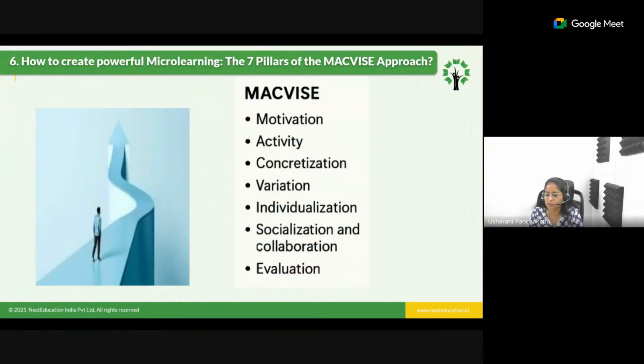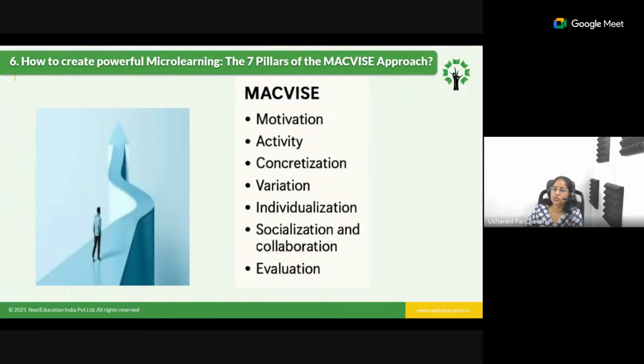Now coming to the next one, how to create powerful micro learning. So you yourself, being the teachers and the educators, can create it. Right now, till now, we are speaking about TikTok or social media or YouTube, where we have all these videos available, where as we are exploring, we want to explore more, experience more regarding the information, day-to-day activities that is happening, it can be industry, it can be entertainment. So we are exploring them. But again, we can transform the education provided we are incorporating these micro learning tools into our curriculum.